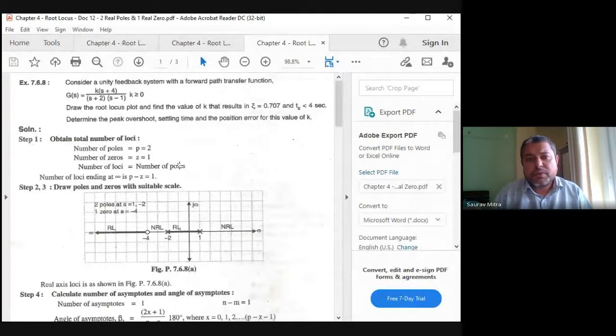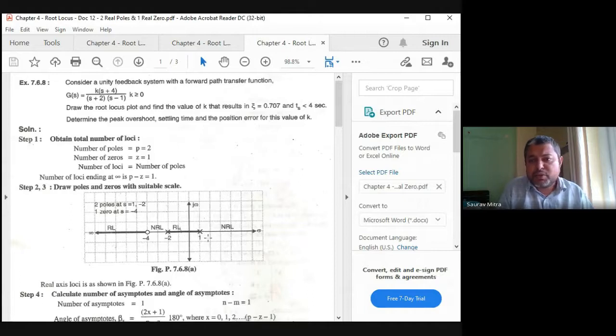In this case, what will be the root locus? So P minus Z in this case. The first step is to draw the poles. One pole we have drawn at 1. This is an unstable pole. That means this part of the root locus from 1 to 0 is an unstable part. So some part of the root locus is unstable for certain gain. Then for certain gain, it enters the negative side. That means from here, k equal to 0 up to this is the stable part of the root locus.